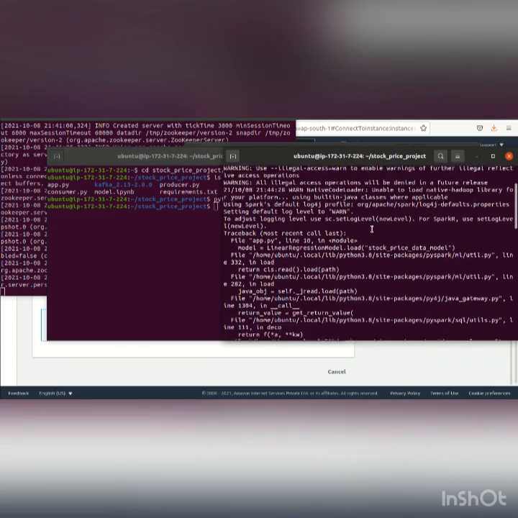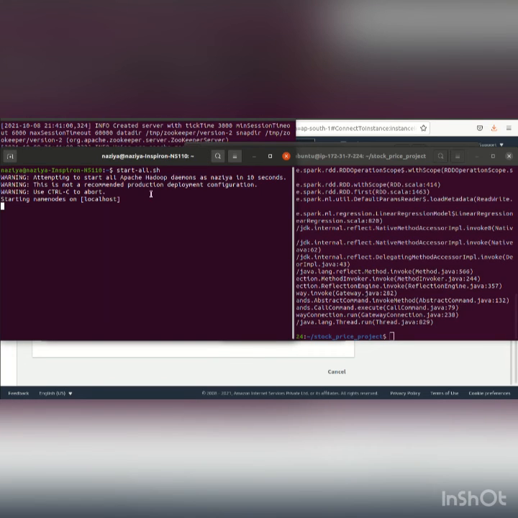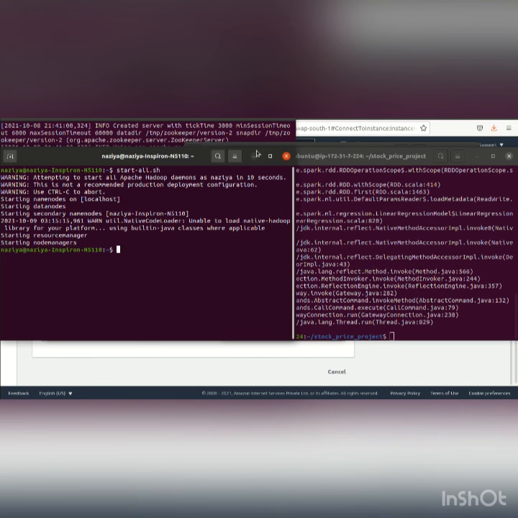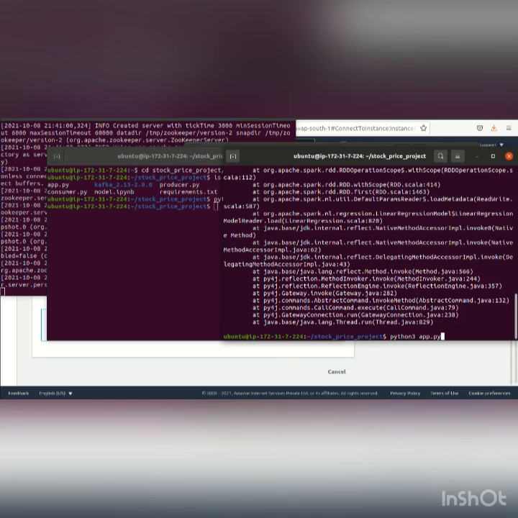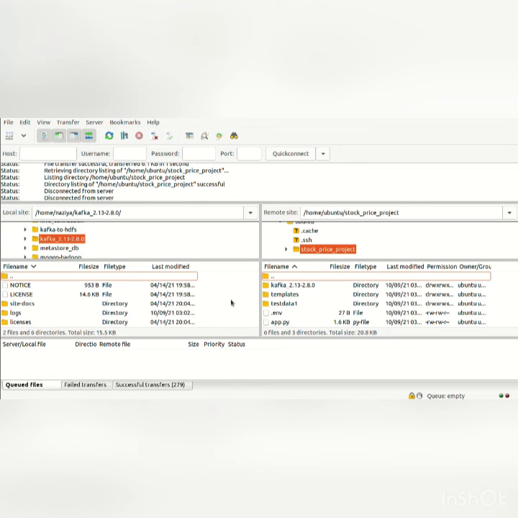Let's check it out. Okay, it's about this directory. Okay, I had not started these Hadoop daemons also. Make sure you do it. So there is a problem with the loading, so maybe we have not dropped the files properly.